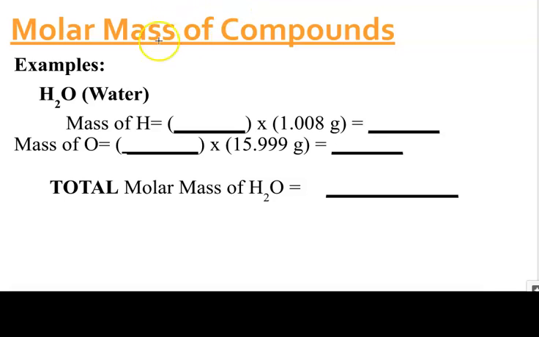And then I want to think, okay, there is 2 of them because of this, right? So I'm going to say 2 times 1.008, and then I'm just going to put that on my calculator. And that is 2.016,